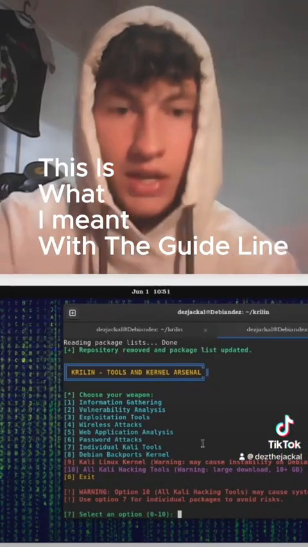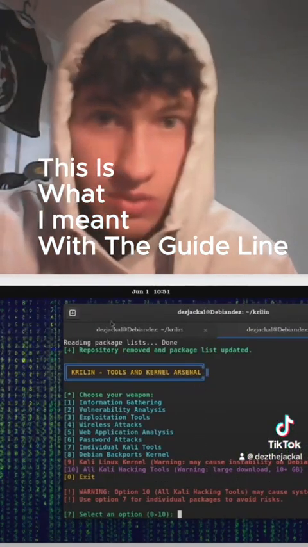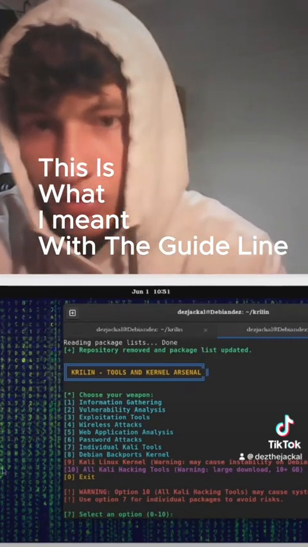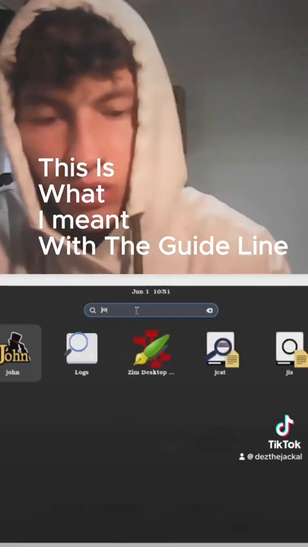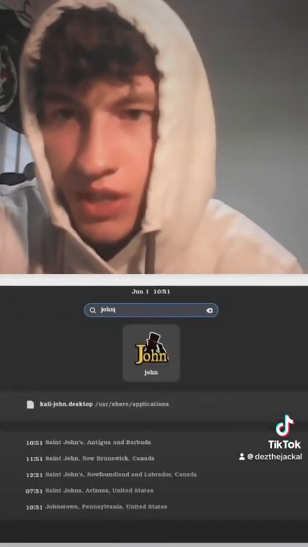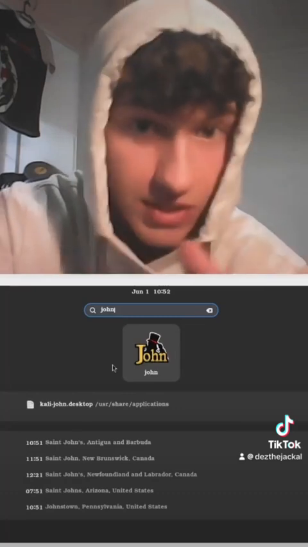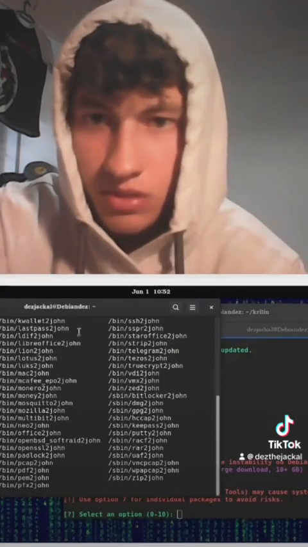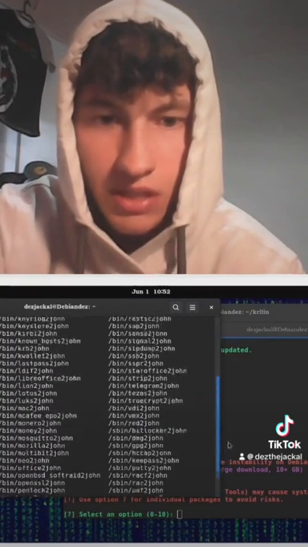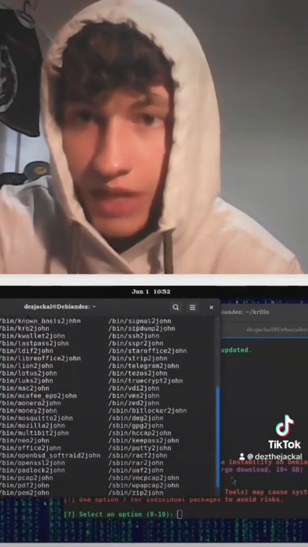So now I basically install the tool. So let's say I go here, not this. This is Windows. It's popping up here. Let's go, because I'm using a VM. So let's say I want to use John. Okay, you can see here that the password tool that's on Kali Linux is actually now here. So I want to use this. Okay, so you guys can see here, because I used the script, I now have the actual tool here.